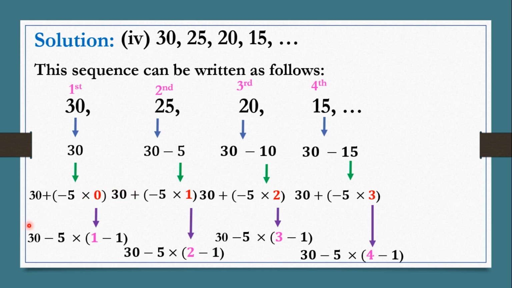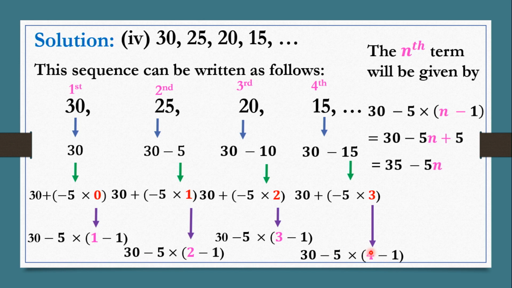You can see that the 30 is going to appear in all the different terms. Minus 5 also will appear. Minus 1 here also will appear. What is changing is this value. 1, 2, 3, 4. So the nth term will be given by 30 minus 5 times n minus 1,